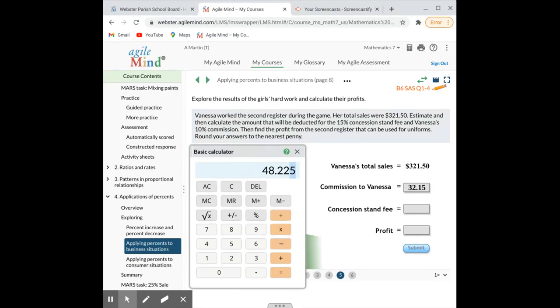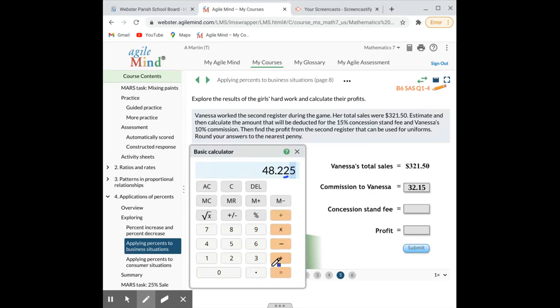So Brendan, since I'm rounding to the nearest hundredth, what do I need to look at? The 5. That's right. Since that's 5, what happens to that 2 right there in our hundredths place? Does it stay the same or does it become